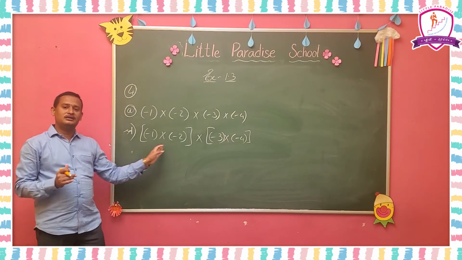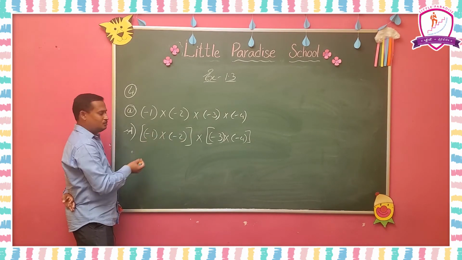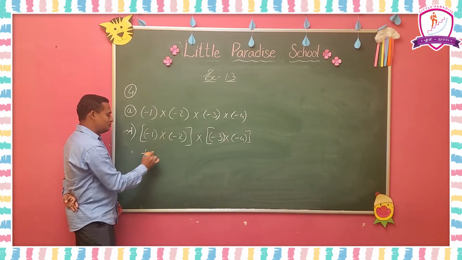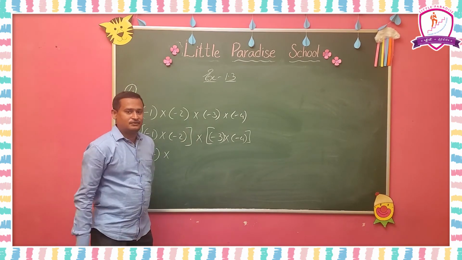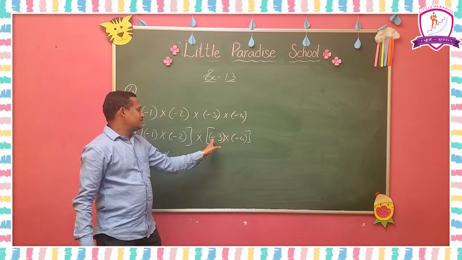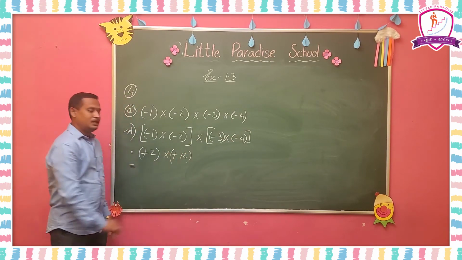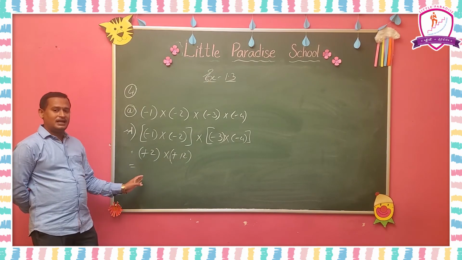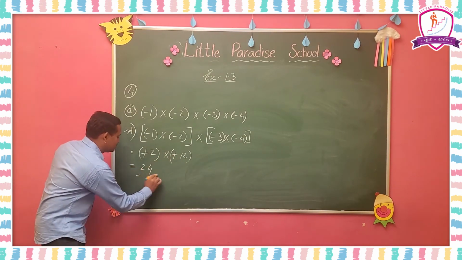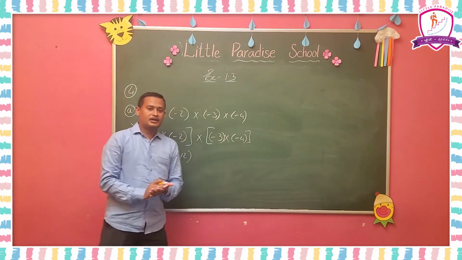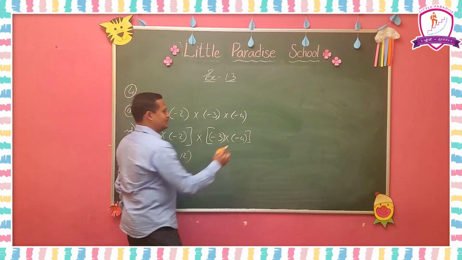So first you have to multiply the first group of numbers. Here what are the first group of numbers? Minus 1 into minus 2, minus into minus plus, 1 twos are 2, into here minus 3 and minus 4 are here. Minus into minus plus, and 4 threes are 12 we got here. So here two positive integers are there means we will get the positive integer as answer. 2 twelves are 24 will be the answer. Okay. So all of you understood this question, and next I am going to enter into the C question.